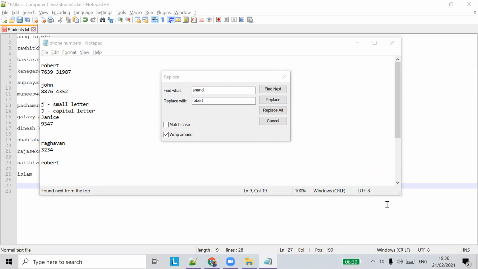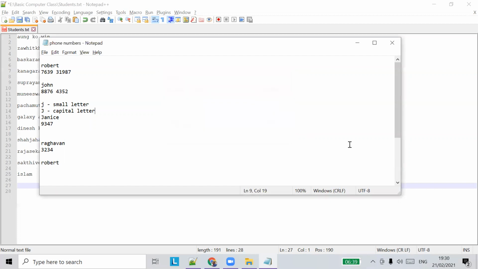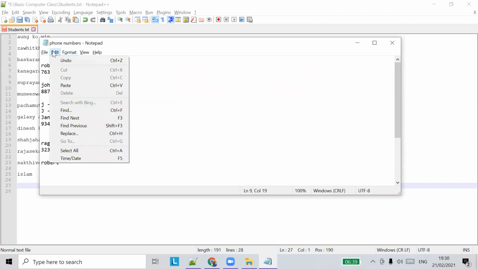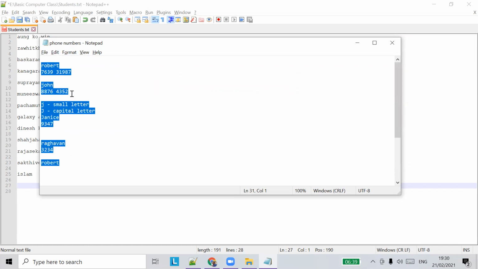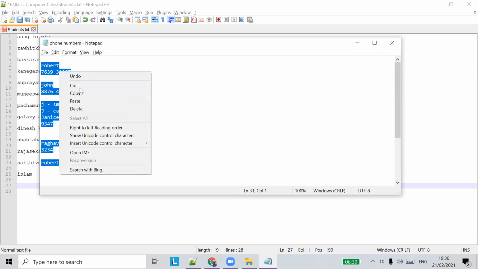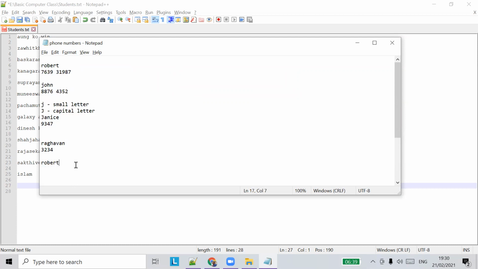So it's already 7:30. Okay, replace is done. So select all will select all the contents in the file. If you want to select all, you can copy and paste.